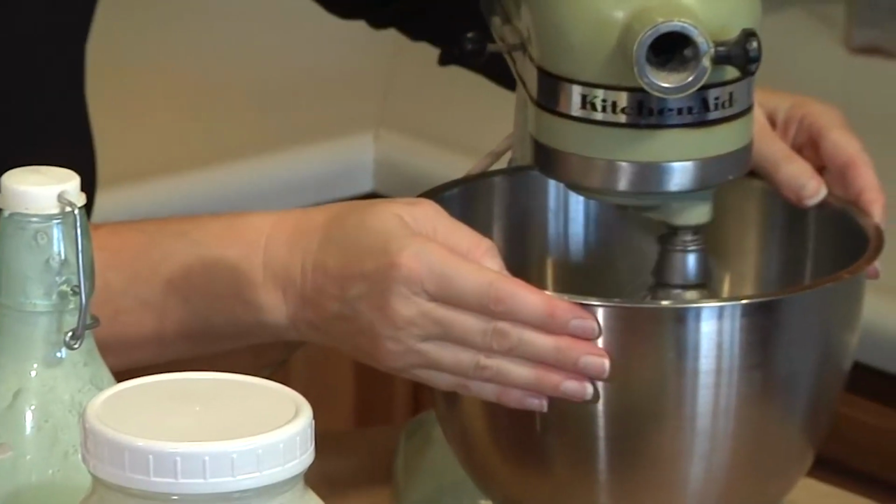Start out at a slow speed and then you get higher, so just so it doesn't splatter, because it tends to splatter in the beginning. But just as it starts to thicken, then you can turn it up. And while that's going, we're going to go ahead and get some egg yolks